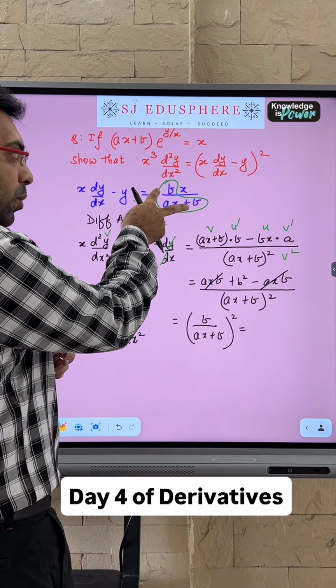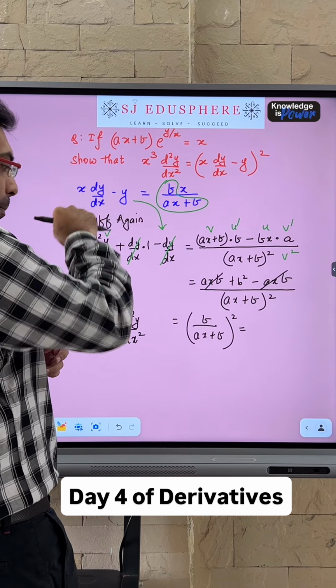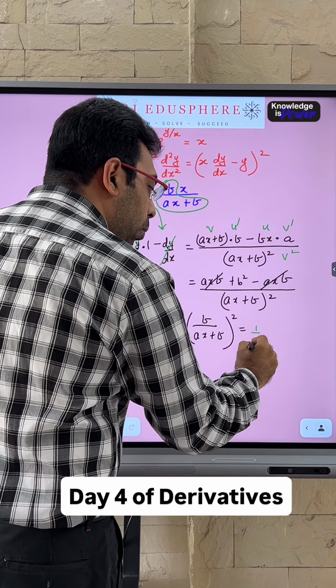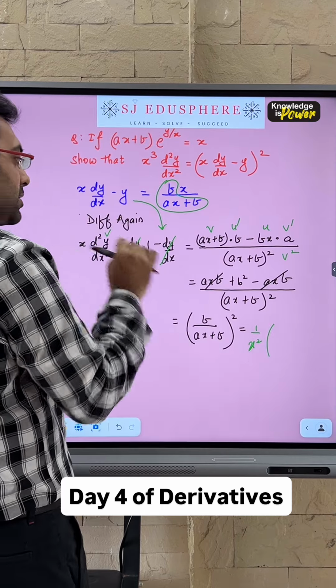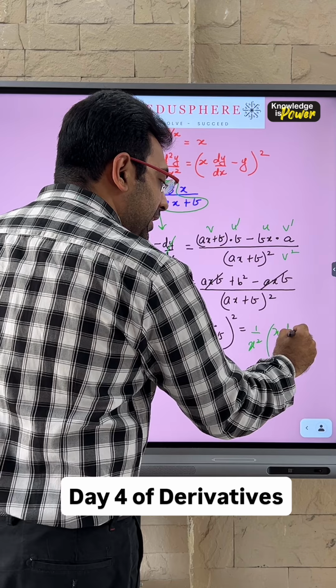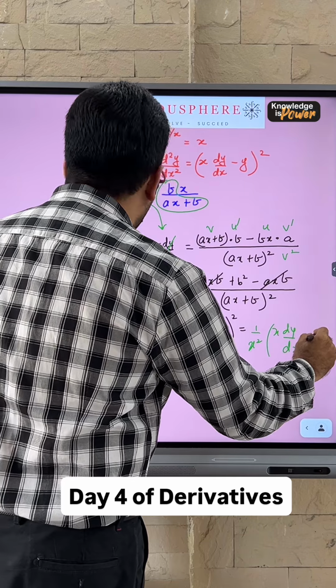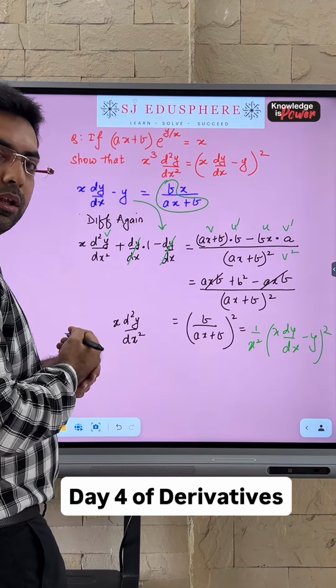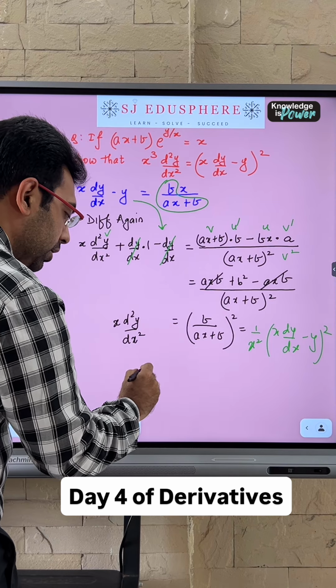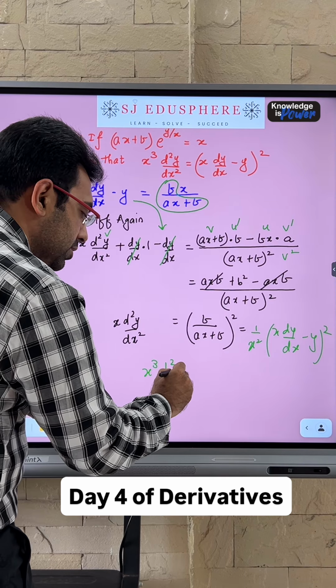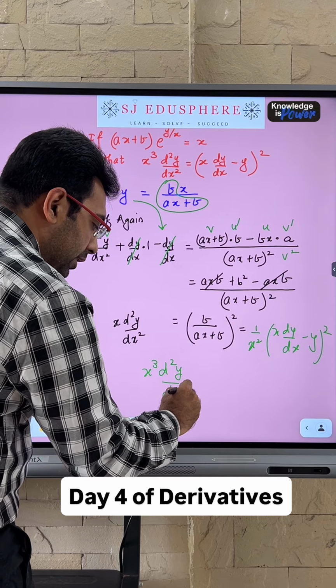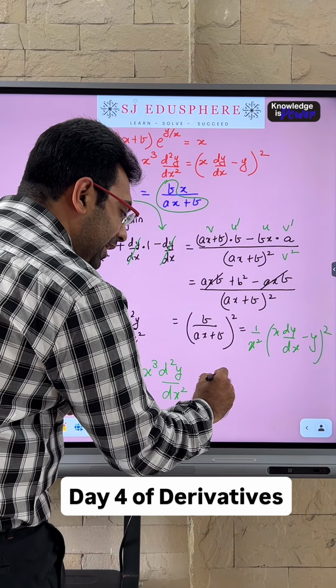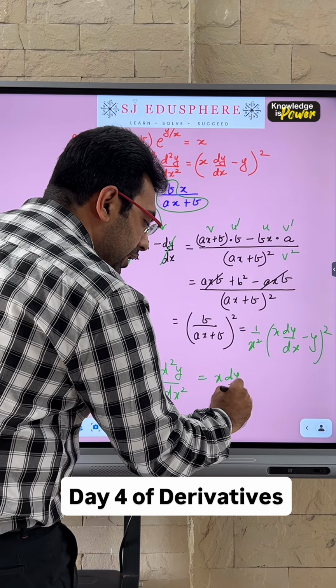So the square of this will actually become over here as 1 upon x square, throwing this down, x dy by dx minus y the whole square. Done. Throw the x over here and you have your answer, that x cube d square y by dx square is x dy by